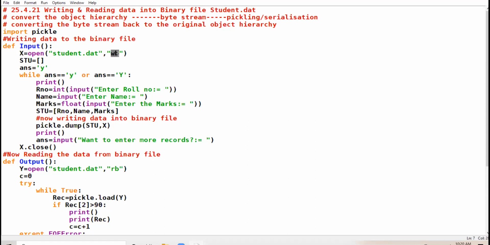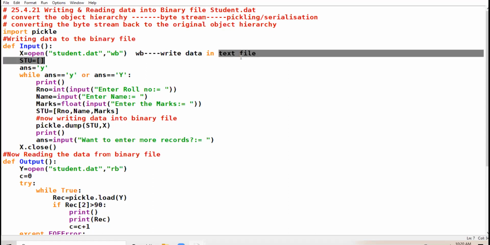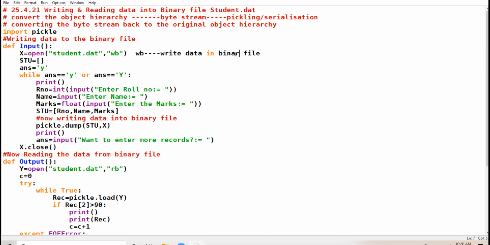Now, since I am writing data in the binary file, I will be using the mode WB. W mode is used to write data in the text file. Okay, WB mode is used to write data in the binary file. B stands for binary.